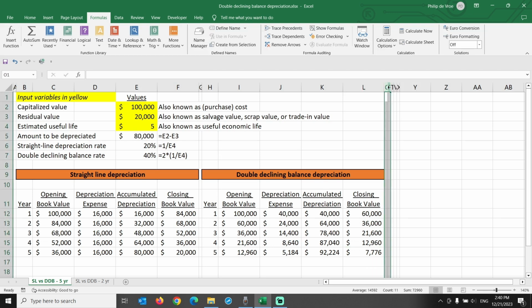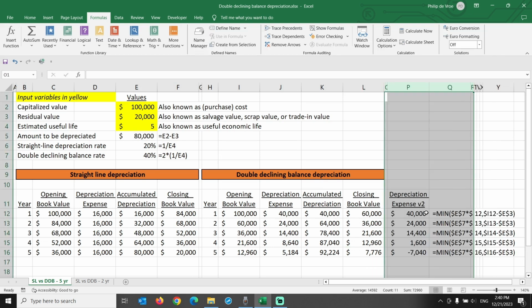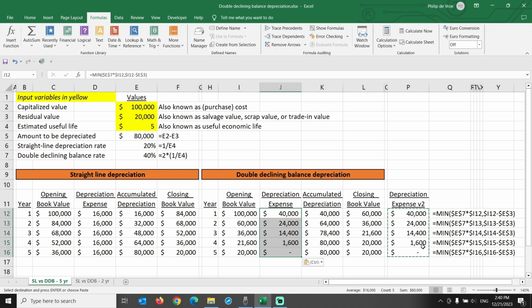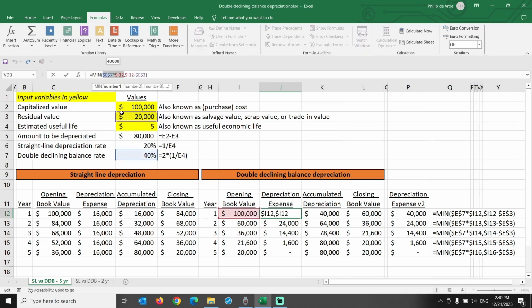Let's replace the formula for depreciation expense with a more complicated formula that takes the residual value floor into account. This new formula for depreciation expense takes the lower amount of two numbers. Either the depreciation rate times the opening book value, like before, or when the opening book value gets very close to the residual value, in year 4 of our example, it takes the difference between that opening book value and